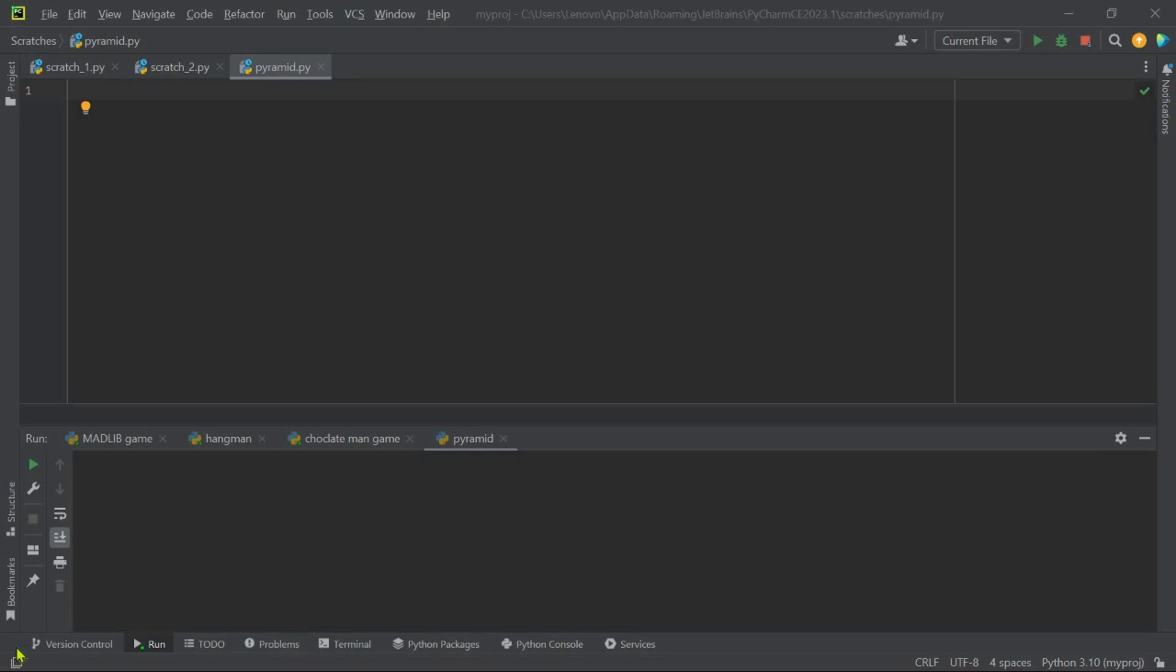Hello everyone. Today we are going to make a pyramid using a for loop, and we will take input from a user and make a pyramid. In this pyramid, the number of rows and the last row element would be according to our given command. So let's start. First we'll take rows